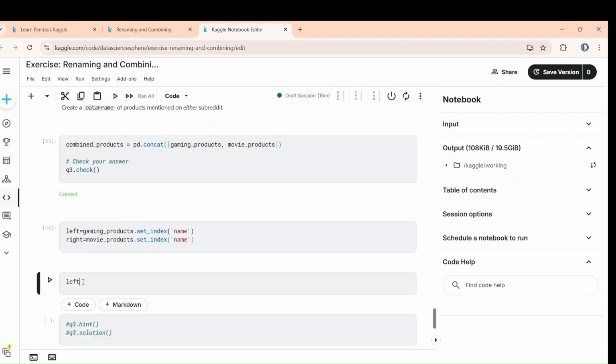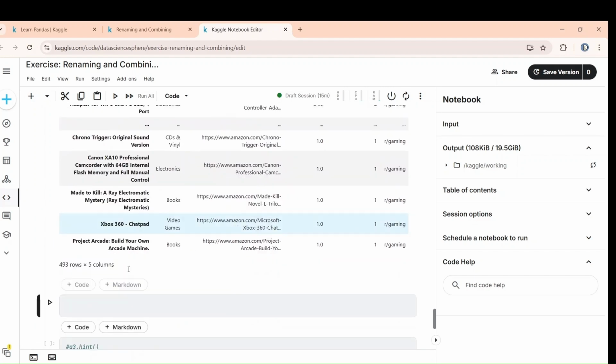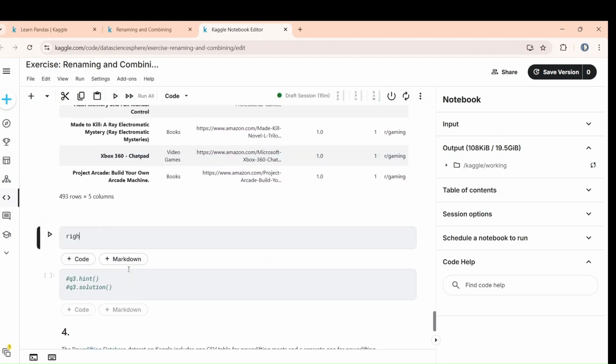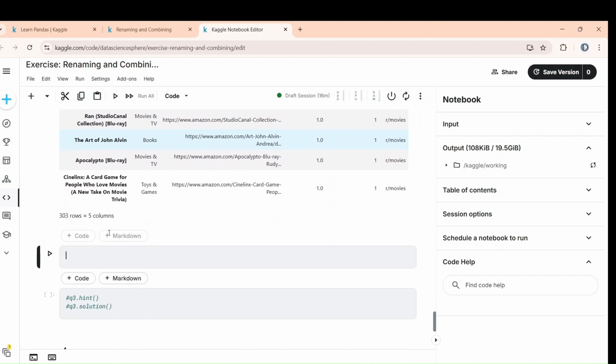Now check what the output is for left. See, name has become the index. Now what is the output for right? Okay, perfect. Now I can join them. I'm just doing it so that you can understand how to add this using join. So you have to write left dot join right,